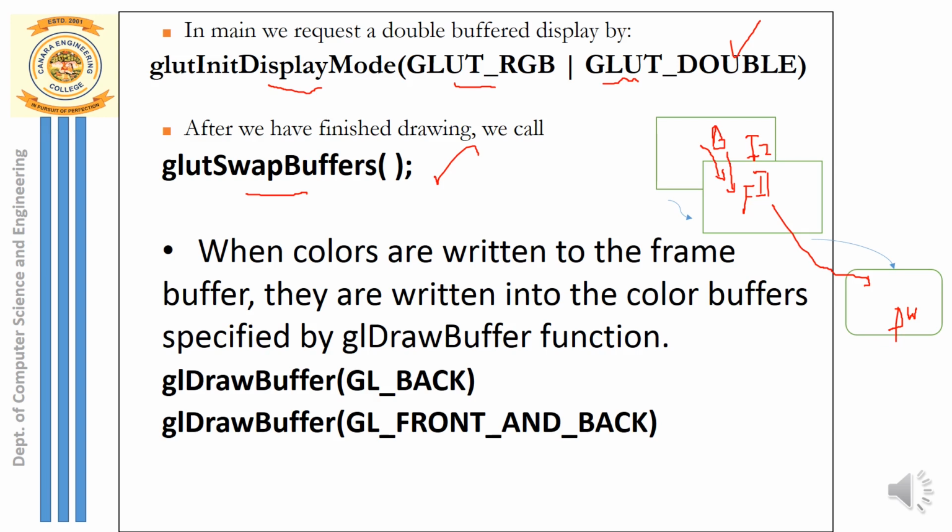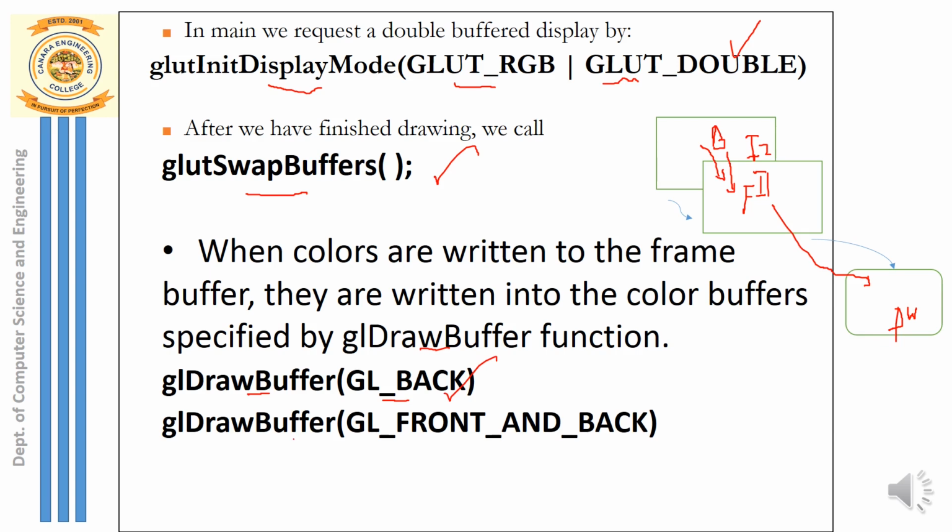Also, we have the colors that are written to the frame buffer. Not just the pixels, we also have the color information maintained in the buffer. So here we can use the glDrawBuffer function in order to write the color information into the frame buffer. How are the colors written into the color buffer? You call the function glDrawBuffer and pass a parameter constant, GL_BACK. This actually writes the colors into the back buffer first.